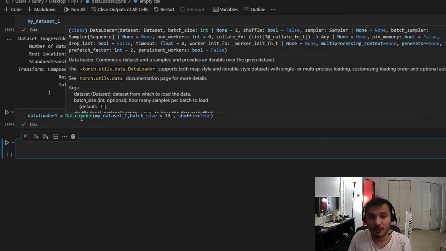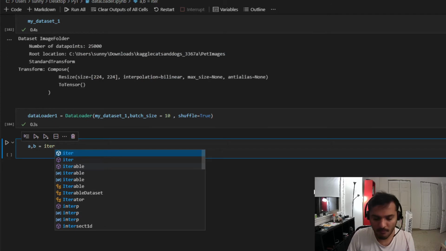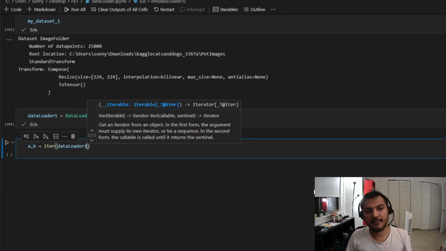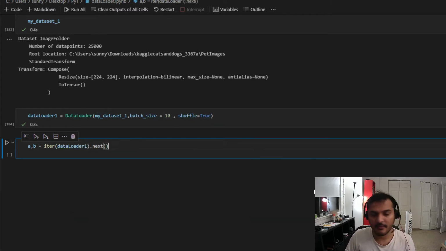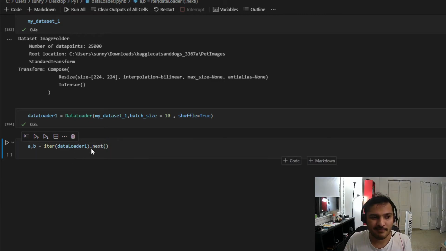You can create an iterable object out of it, and here you can see it has a bunch of complicated name-value pairs: batch sampler, how many workers you want for multi-threaded environments, do you want to pin memory or not, and so on. So I'll just keep it simple and show you what it looks like when I load in data. First I create an iterable out of it, and then for iterables you always call the next function to get a bunch of data, and this should give me about 10 data points,